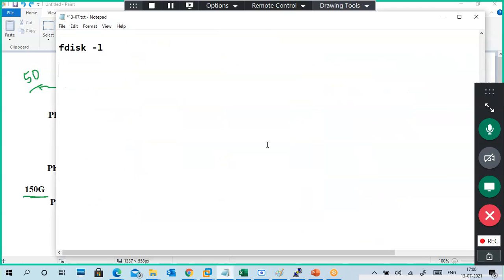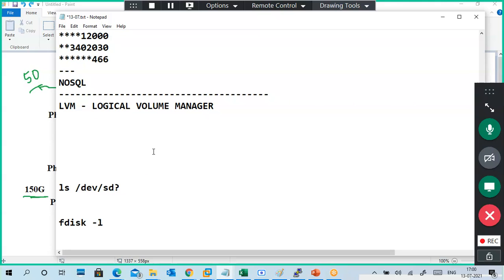Guys, what are the three things I told in a logical volume manager? First one is physical volume, volume group, logical volume.